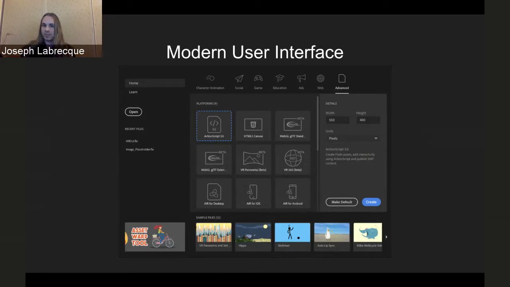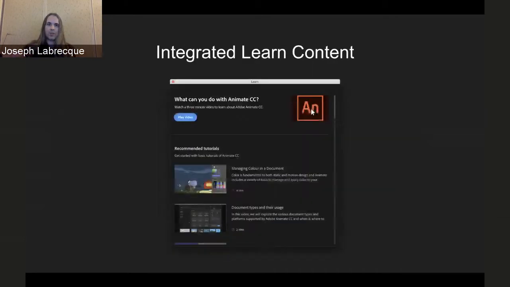start screen. It looks pretty similar to what you might see with Photoshop or Illustrator, where you've got a bunch of different categories and presets and things of that nature, and you can tweak like the width and the height and measurements and even other various things here and there. But that's been completely modernized, and within there they made a big effort to integrate Learn content inside of Animate